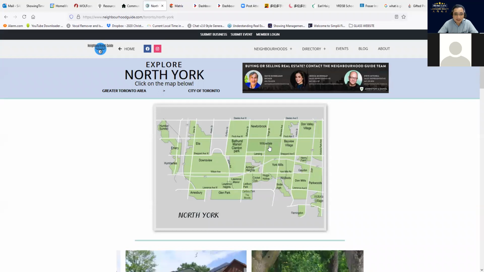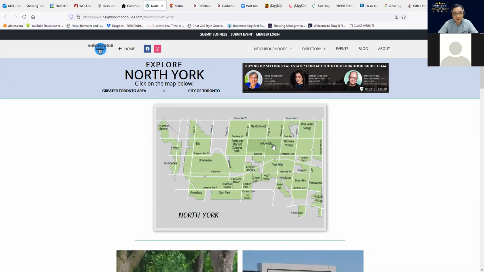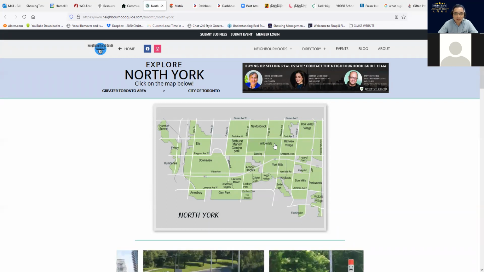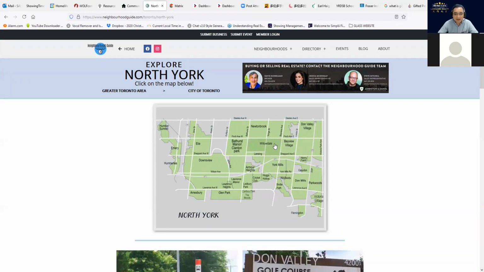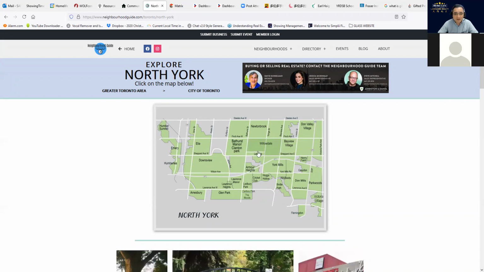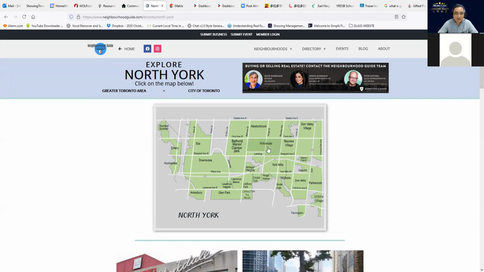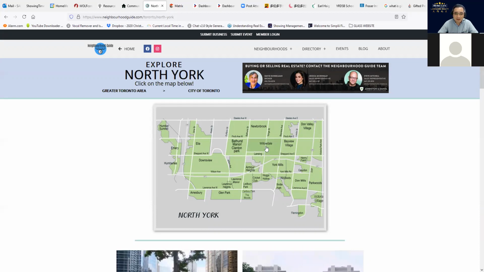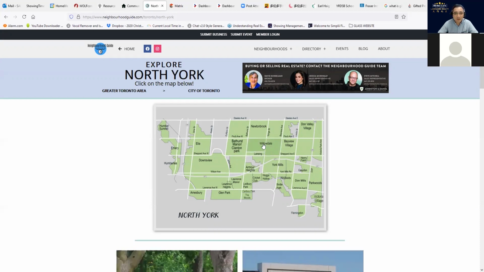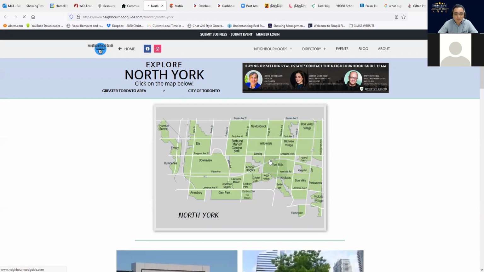And in North York, I see there's a Willowdale. So this is a very famous area. I know lots of people, if they have a good financial background, they're looking for property in this area. Let's see the Willowdale. If you're looking for the Willowdale, usually it belongs to C14. C14 is Willowdale. And I click Willowdale.